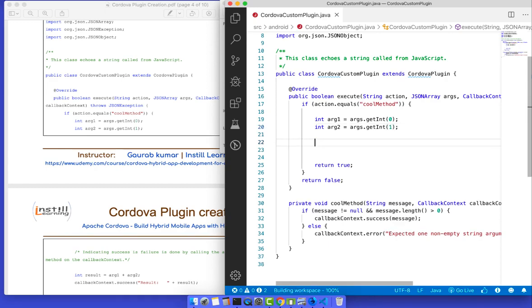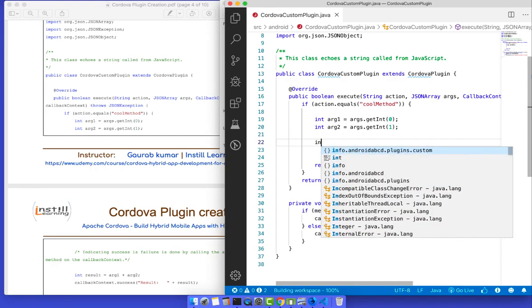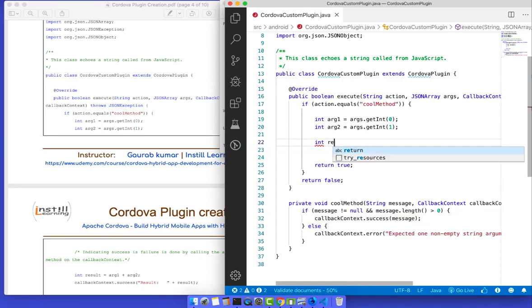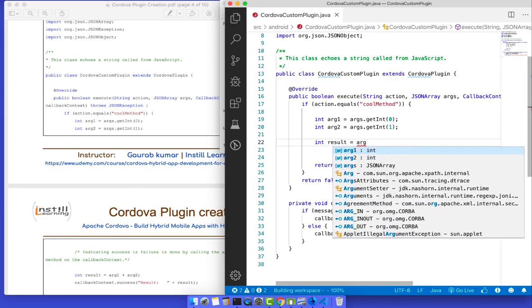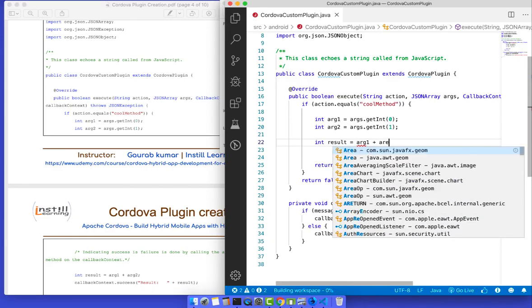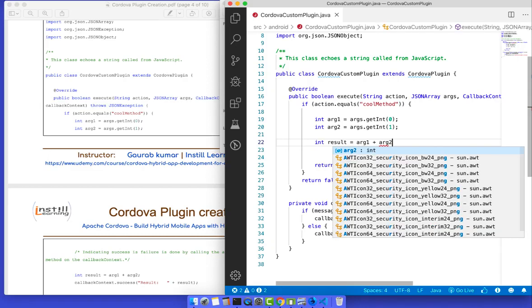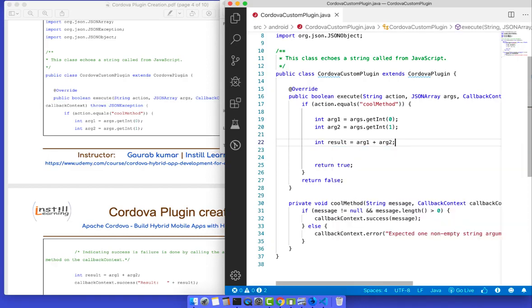Then we'll pass this in the result. We'll add one more integer: int result equal to argument1 plus argument2.